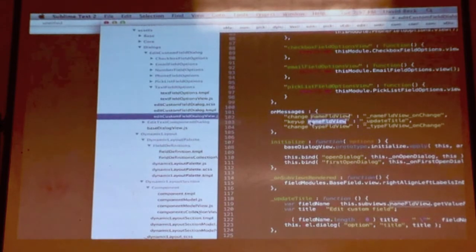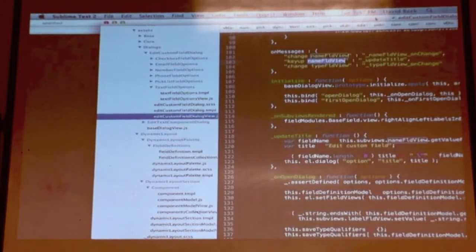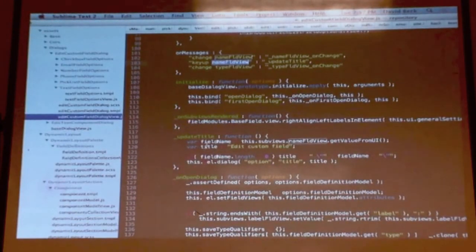Most often, at least in our use case, we have exchanges between children and parents, right? But we do have siblings too, and what we do in that case is we call, so like for example right here, update title when the, this isn't a really good example because it's the same